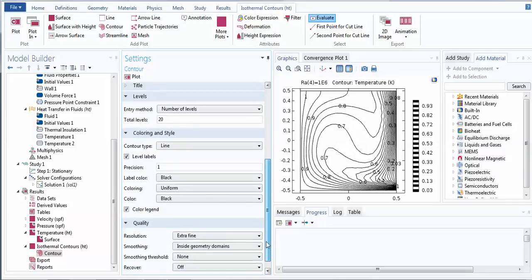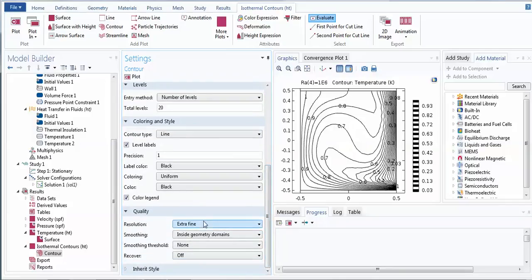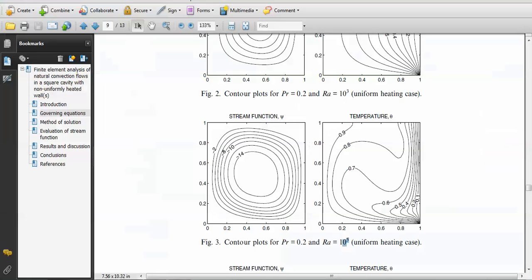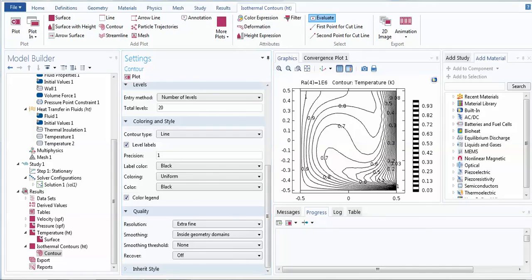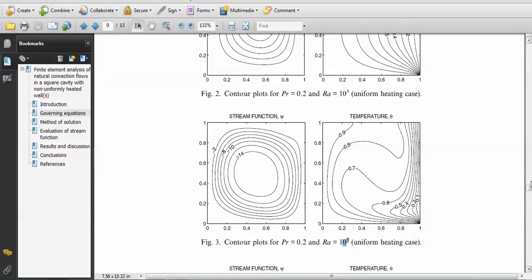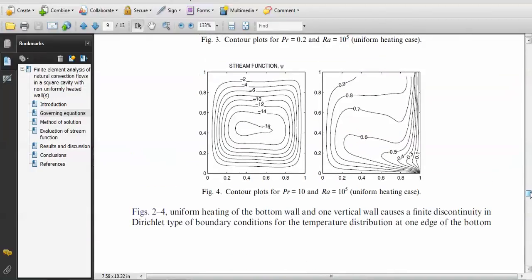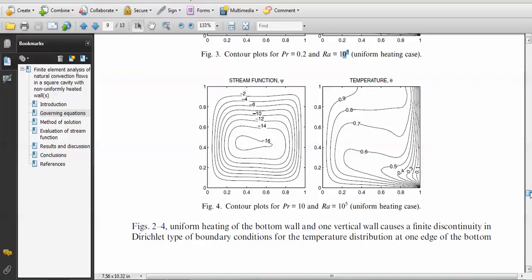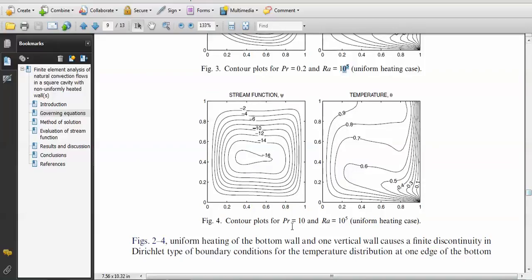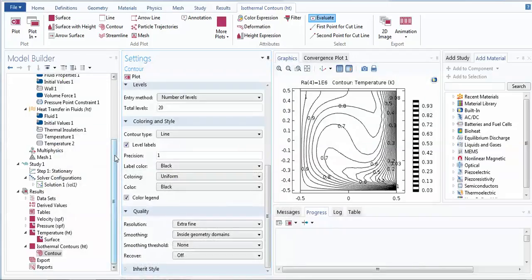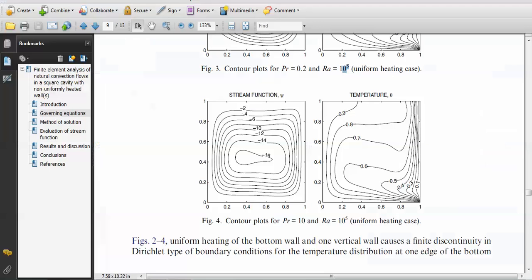And even if you wish to use this, I think it will not help you a lot, but still I can check whether it's going the same. Yes, the results are almost the same. It may differ a little bit because you are using the pressure term, but still you can verify this approximately. And the next thing is uniform heating with the higher Prandtl number. You can change the Prandtl number, just directly go back and change the Prandtl number value here. This is all about using uniform heating.